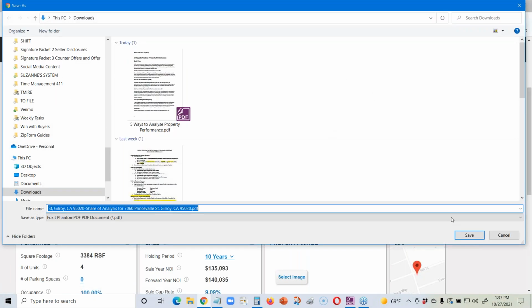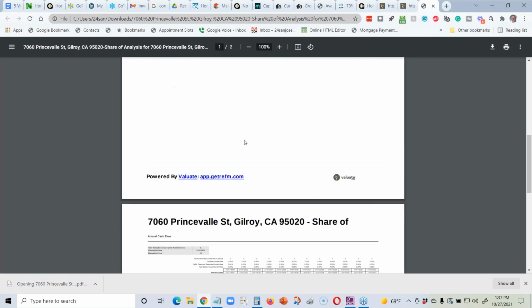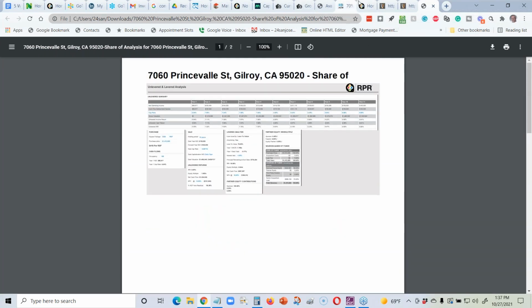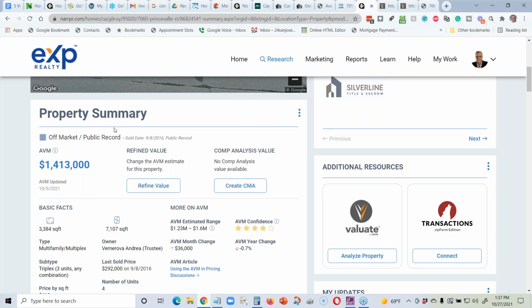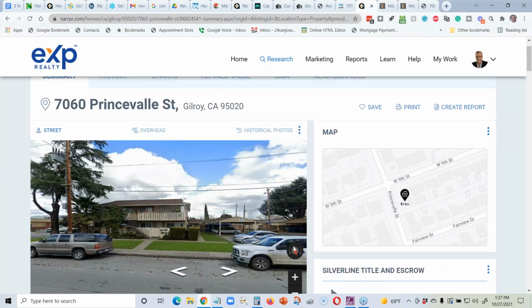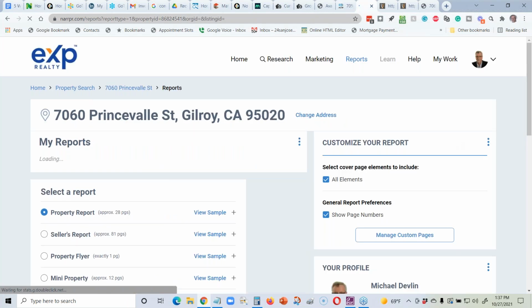And what I might do with this is, right, that's what it looks like, right? Now, going back to our property, here we are. Now, some of the stuff that they give you for RPR, it's okay, but we use different things in commercial, but if I go to create a report,